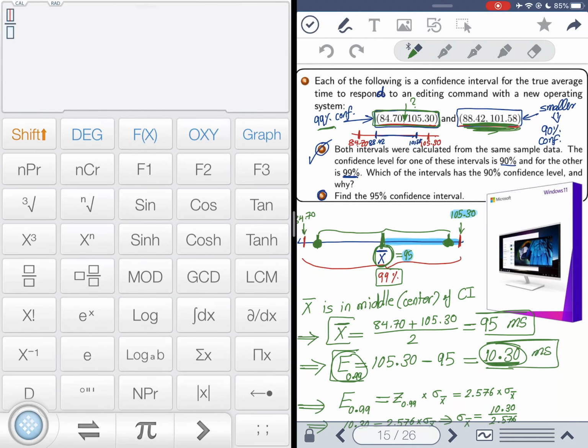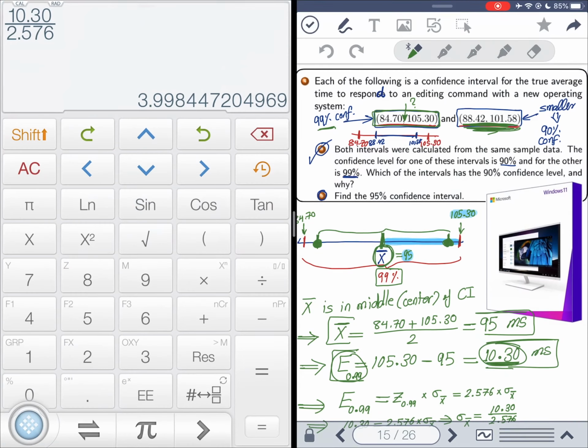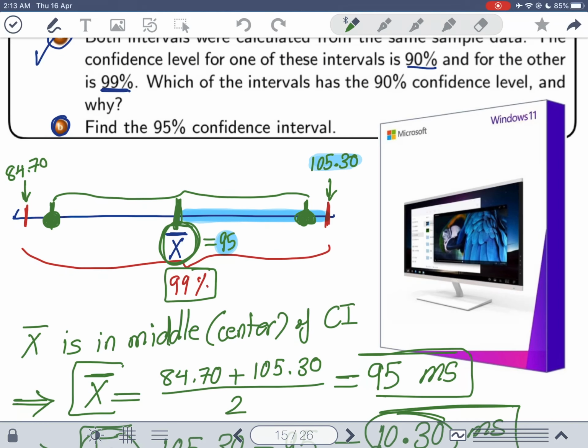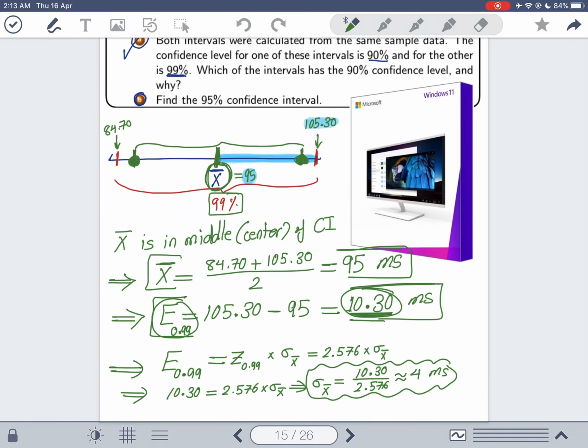So we need a fraction. We will put 10.30 divided by 2.576. This gave us 3.998. Isn't it inviting you to put 4? I'm going to put 4, because it's almost 4. If you want to be very accurate, put 3.998, but it's 4. Let's say approximately, but we know that it's very close to 4. So it's 4 milliseconds. This is the most important thing that we calculated now, because we can use it to